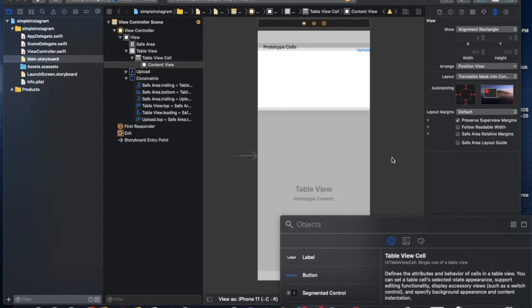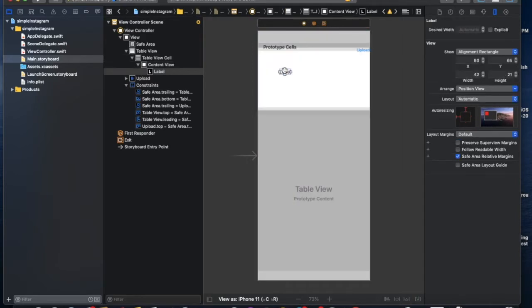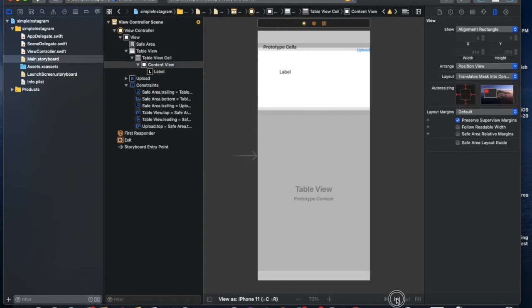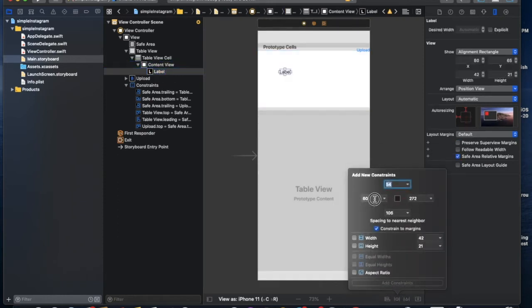So firstly, a label. There are so many things you can see in a cell, like who uploaded, so uploader name, some details about the upload like some captions or the image itself, time and icon of the uploader. So lots of things you can add, but we are just using the caption for the image and an image view to show the image. So for the label, provide some constraints: 16, 8, 16.